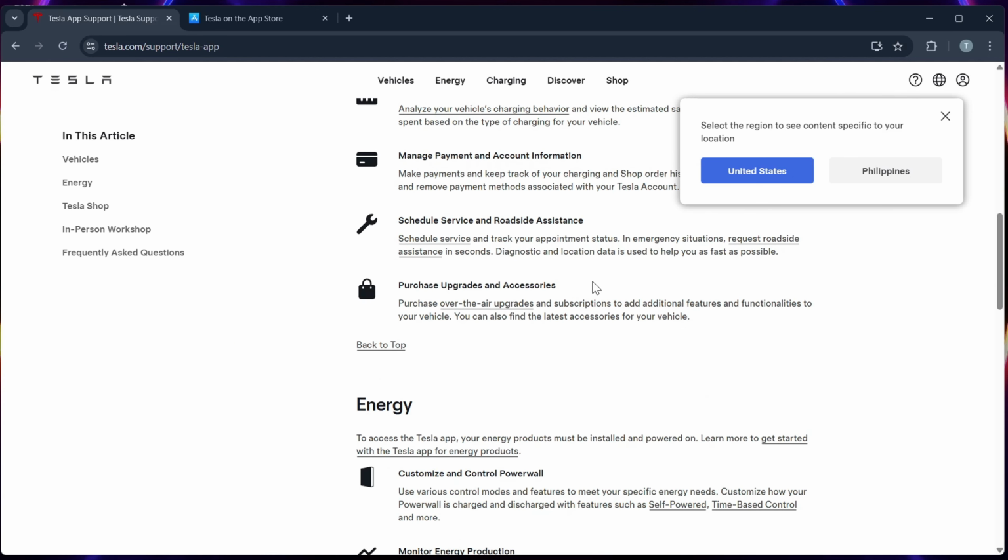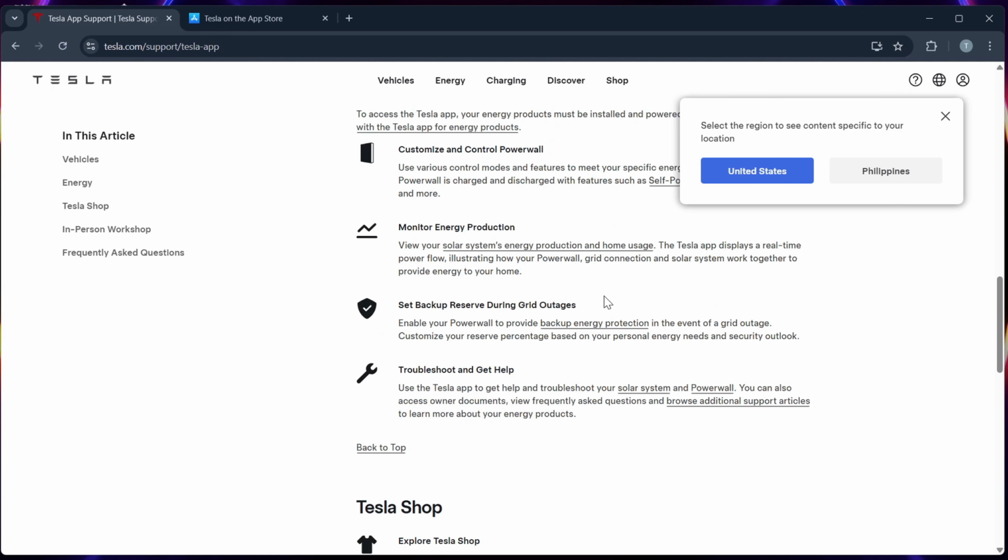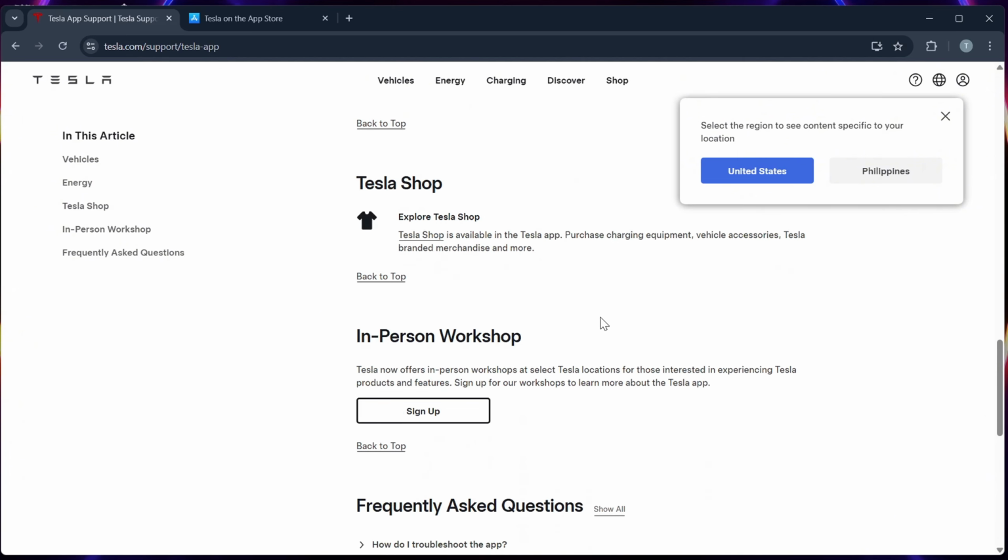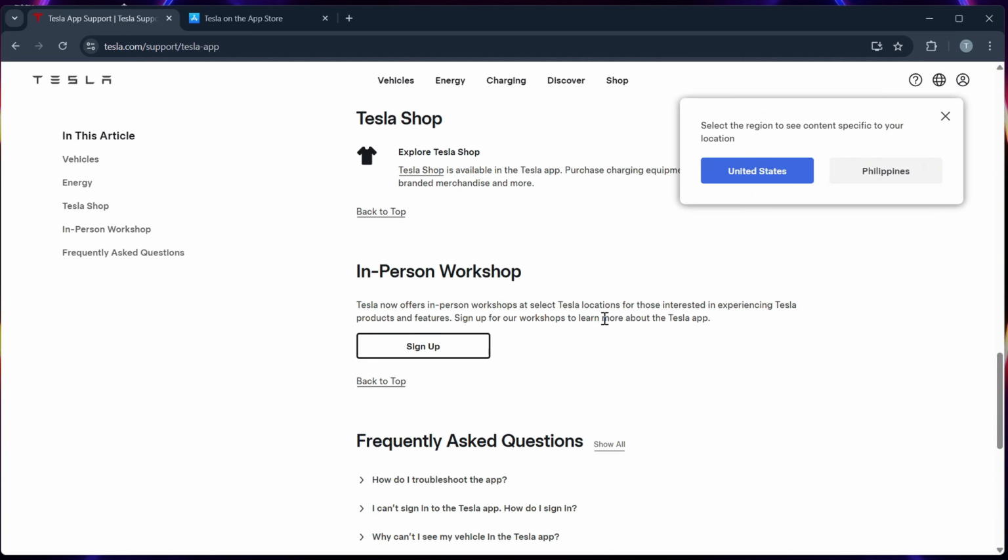Step 4. Tap the settings to customize your trip, like avoiding the tolls, minimizing stops, or selecting the faster or the fastest routes. Step 5. Once the route is optimized, send it directly to your Tesla's built-in navigation system, and then your car will now follow the planned trip with charging stops included.